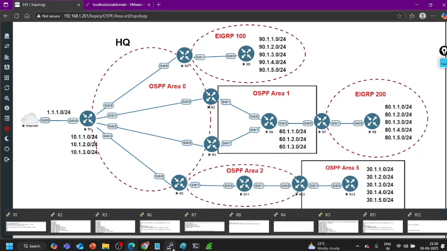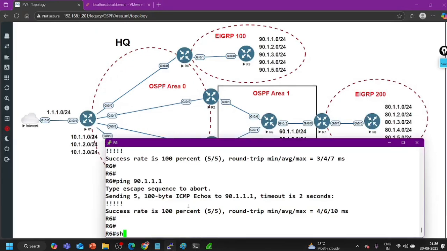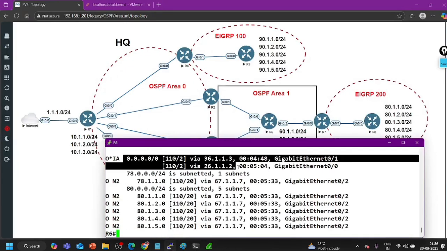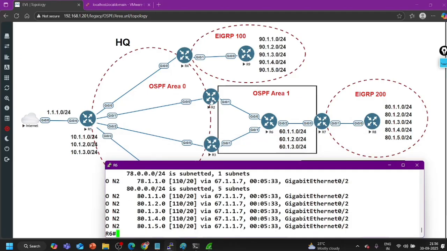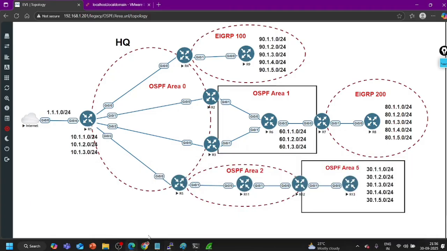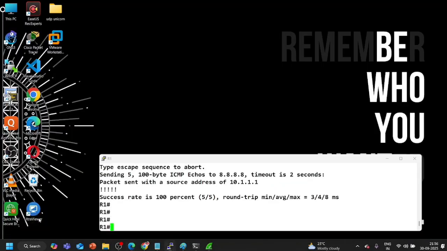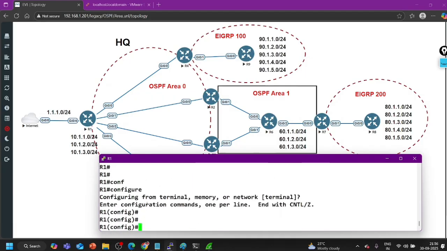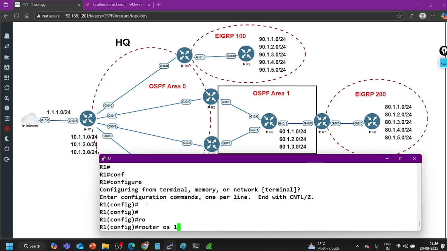Right? On router number 6, we have a default route, so show ip route ospf. It can forward traffic to both router number 2 and router number 3, the ABRs. But the ABR routers don't have a default route and will drop the traffic for the internet. So on router number 1, now I am going to redistribute the default route into OSPF 1, router ospf 1,